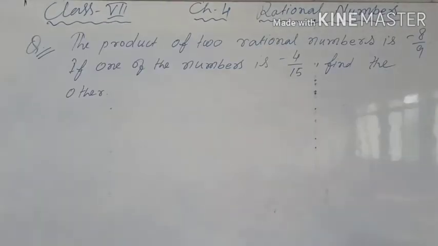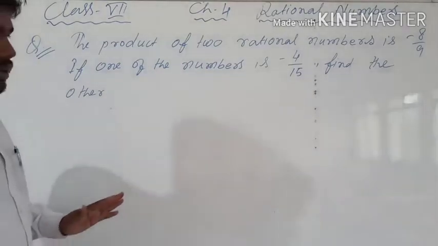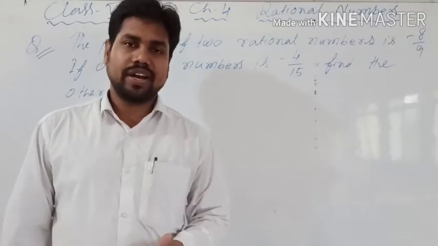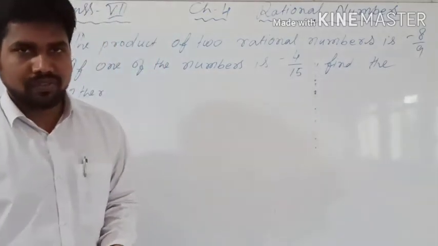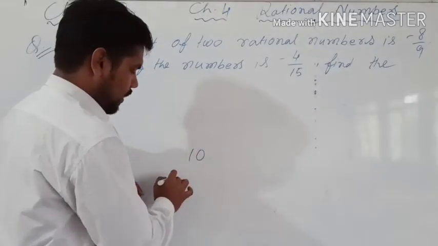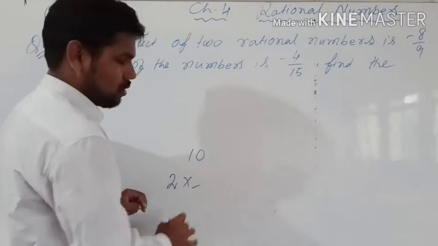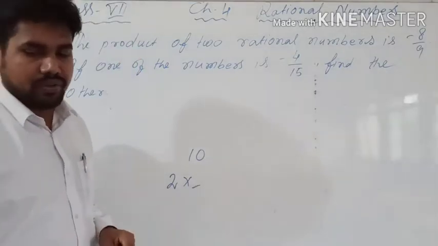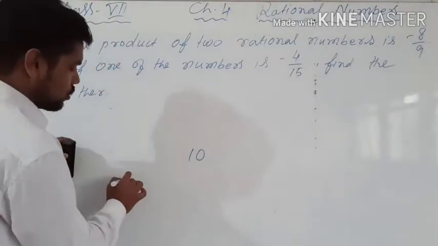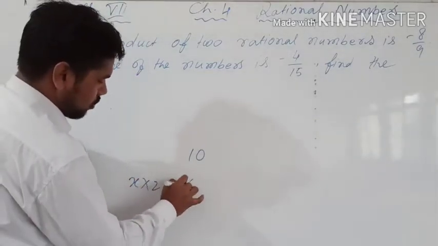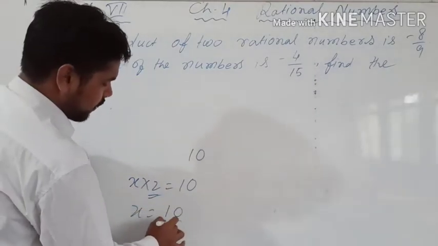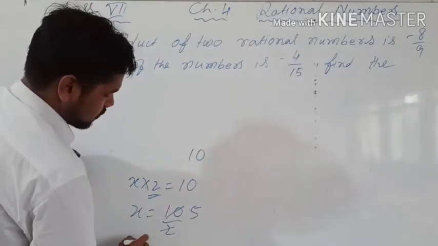Now let's discuss if this type of question is asked that the product of two numbers is given and one number is given, you have to find the other number. As like the normal, if I am saying if the product of two numbers is 10 and one number is 2, then what is the other number? So how you will solve? Definitely we will consider another number is x. So if you consider another number is x, so x multiply 2 is equal to 10. So what you will do? This will divide this side. So x will be 10 divided by 2. So 5. So that means x will be 5.